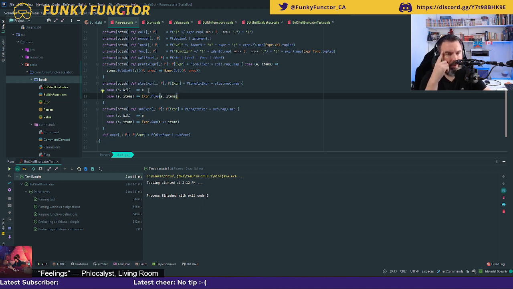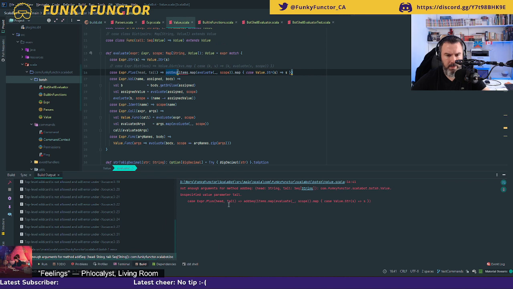What would be interesting is if I try to do a plus, so let's try to run this test. First of all, I think everything should compile, even though I'm not completed. I don't have anything breaking, do I? Yes, I do. Okay. Not enough arguments for method add sequence. So that is in value 1641. Yeah. Okay.